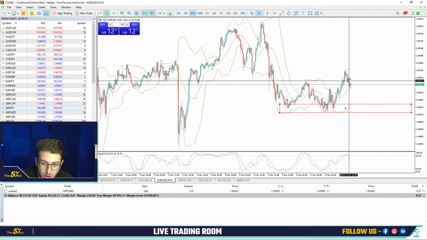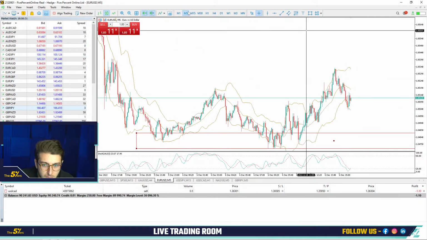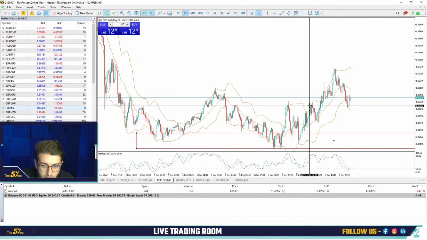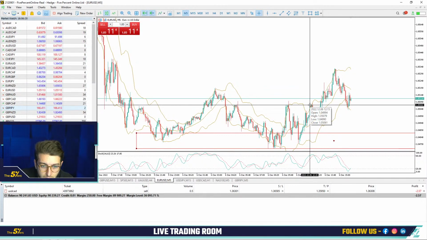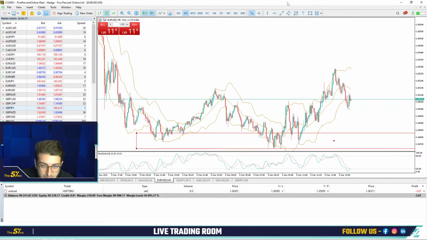Actually here, I'm not quite comfortable doing anything. Maybe we go to the M5 and check if we can find some key zone. It's quite difficult. We have this point here, which can be a buy on a very short term. It was a resistance during the London session, between the Asian and London session, and then we broke it at the beginning of the London session. Again, here we have a spot to make a buy, but I'm not comfortable.